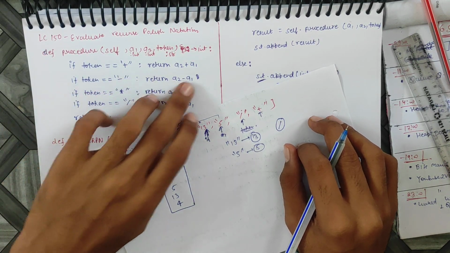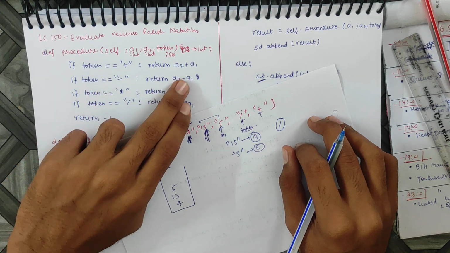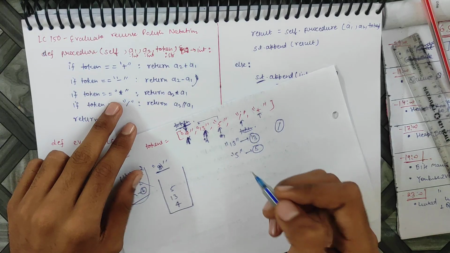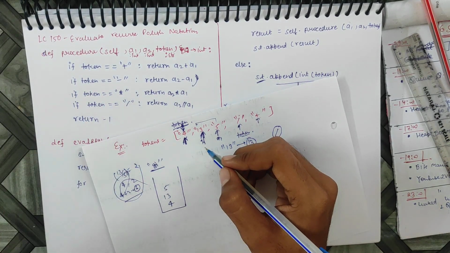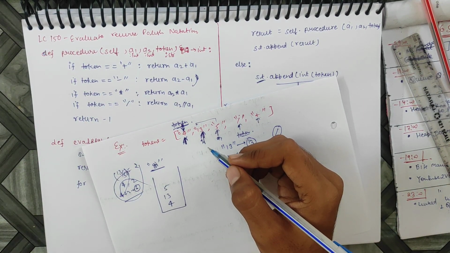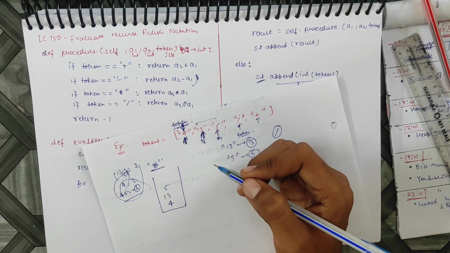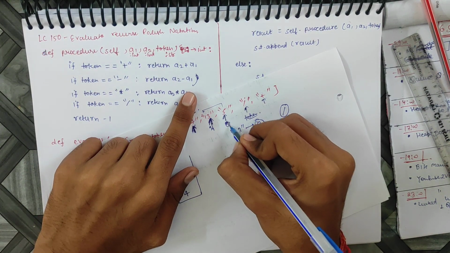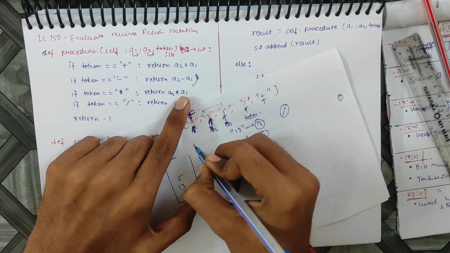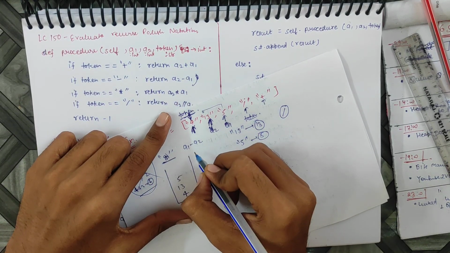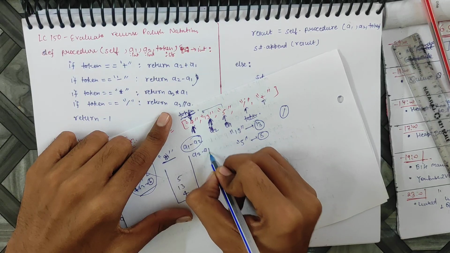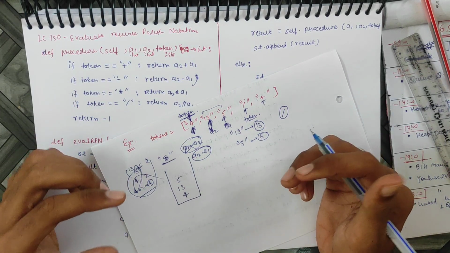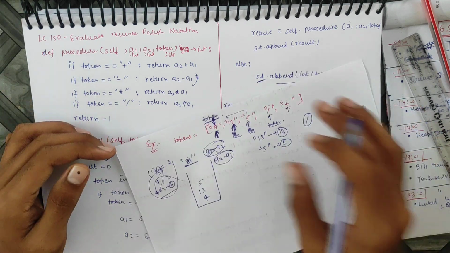Like if we have plus, we add the last two elements. If we have minus, then we subtract the last two elements. And one thing more, very importantly, we always do a2 minus a1. a2 means the second element that we get, we use it first to perform the operations. Like we got a1 here and we got a2 here, then we don't write it as a1 minus a2, we write it as a2 minus a1, sorry, right? So that we are not getting any negative number also.